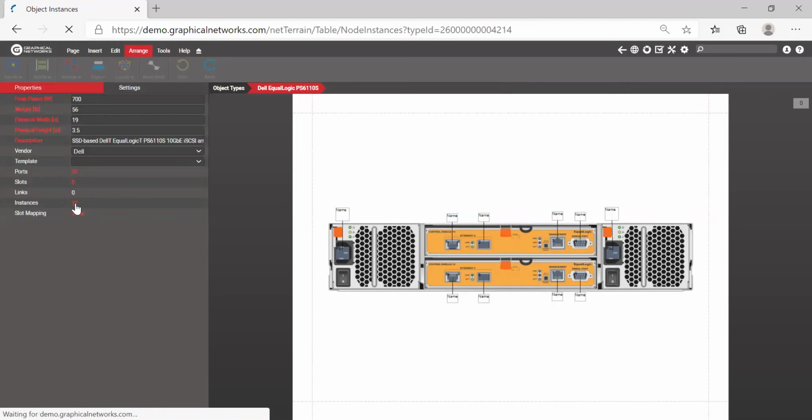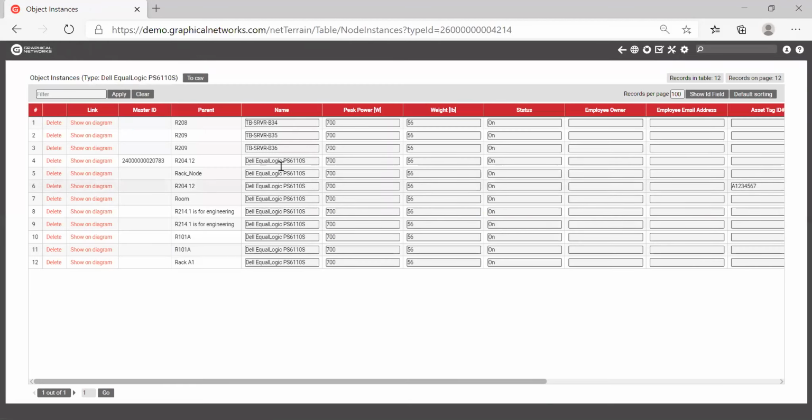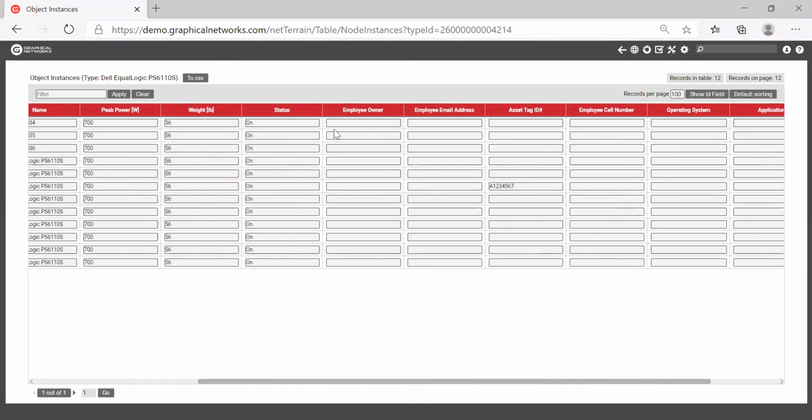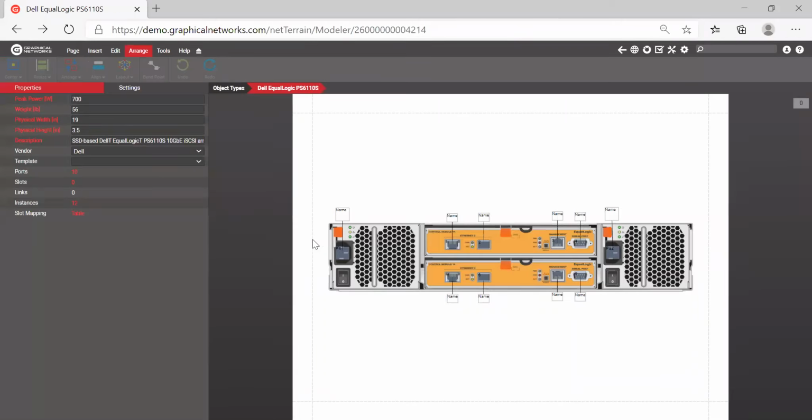But if I click on this 12 instance count, you'll see it's telling me every Dell EqualLogic. It shows me all the data fields. In fact, I can edit these too. So I can come in here and edit this like it were a table form, and just go in there and populate. And these could all be drop downs and other things. This is just an example of what you can do. It's not that this is how it's done. It's more of what you can do with the tool. So if I go back,